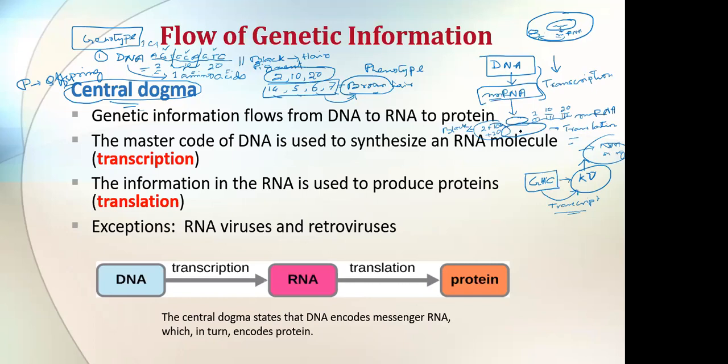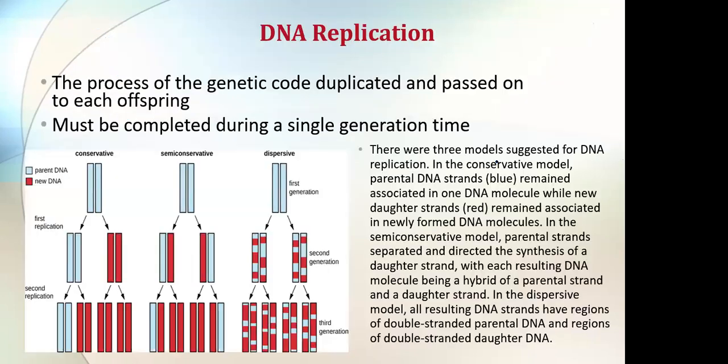Okay, now when a cell is making protein, that's the chemical code. So over here, the genetic version of the code is actually going to transfer into chemical form. That's why this process is called translation. Together, transcription and translation are called the central dogma. So now, DNA replication. We now have an idea of how genetic information moves from DNA to RNA